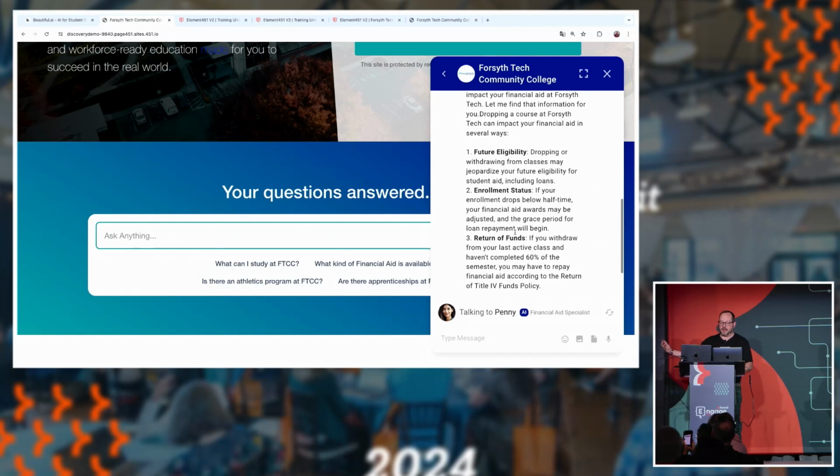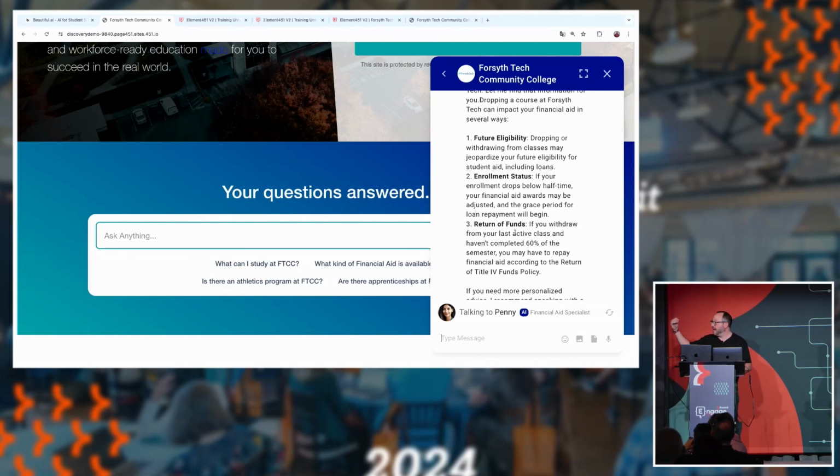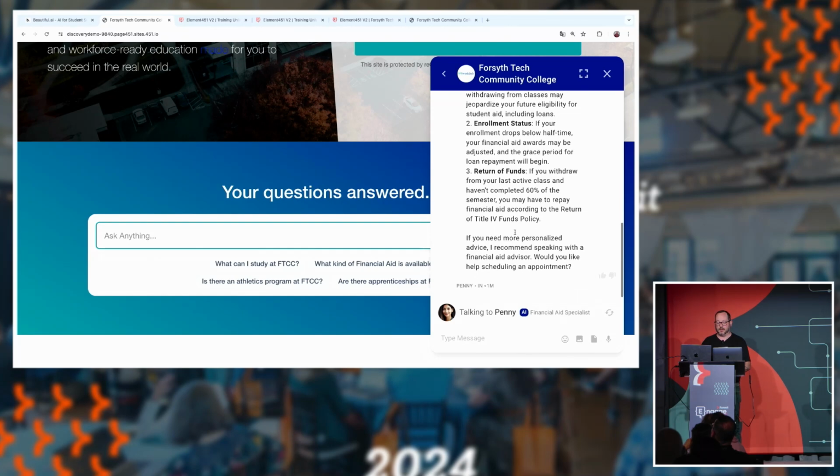Mostly me. So I asked Penny if I can keep talking to her, and she has given me a lot of things to think about around, I might have to return some of those funds. I might have future eligibility for aid, right? So these are things that if the student, 9 o'clock at night, 5 in the morning, whenever it is on their mind, they can get this information really, really quickly, right? So now that I've got this information, the student can say, well, maybe there's other alternatives, right? Because the reason I'm thinking about dropping the class